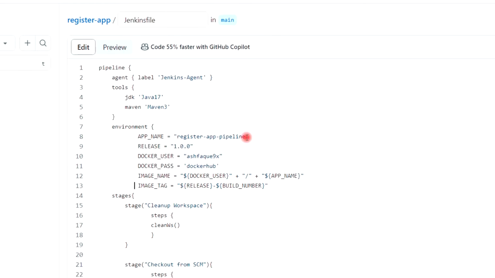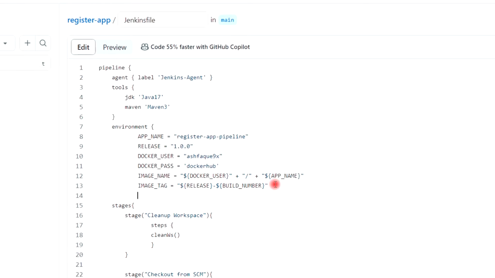So this would be my application name, register app pipeline, and this will be my release, and this is my Docker Hub username, and these are the credentials which we have just created for the Docker Hub. I will close the bracket.